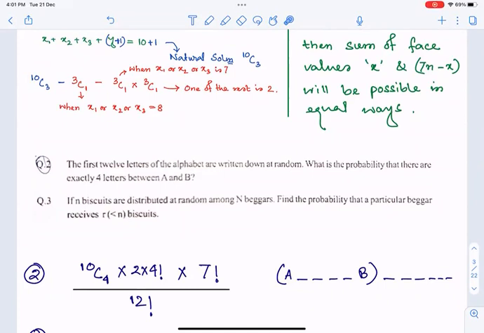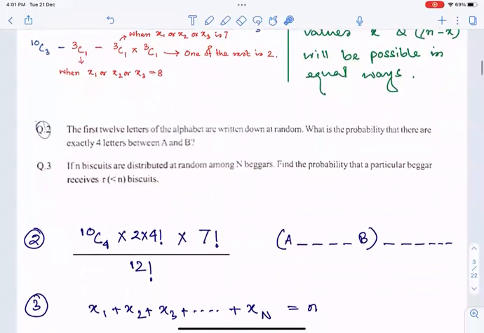Now, if I look into the next problem, firstly, we need to have distribution of n biscuits among capital N beggars. So in such problems, we will consider the biscuits to be identical as there is no other information there. So all we can distinguish is which of the beggars has got how many biscuits. So we can think of the number of biscuits with each of the beggars as x1, x2, x3, and so on up to xN, giving us a total of n. The whole number of solutions of that is the overall possibility.